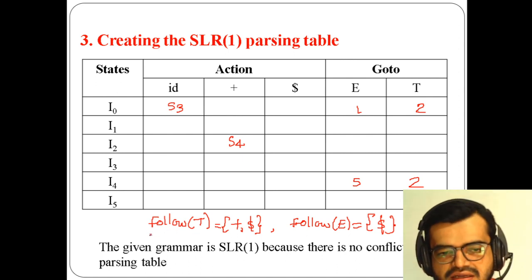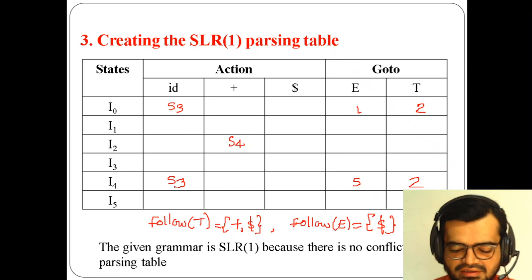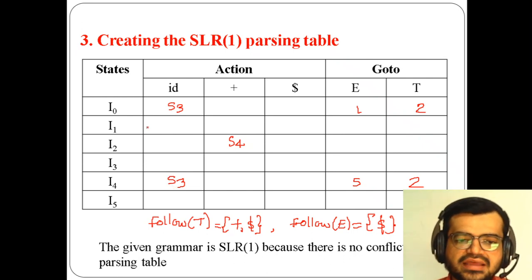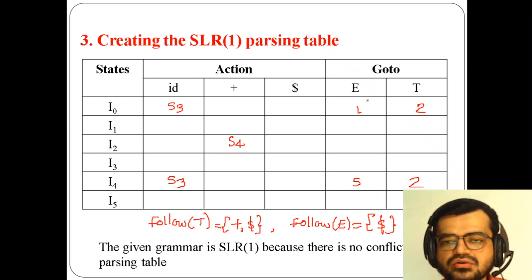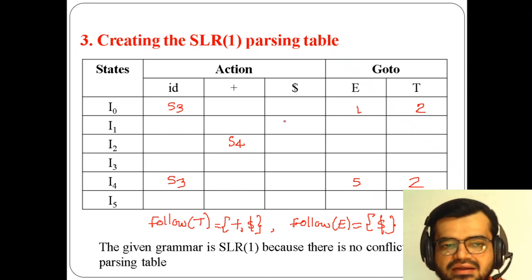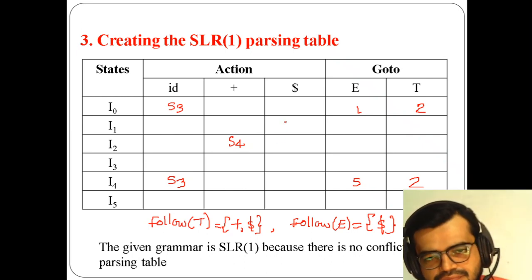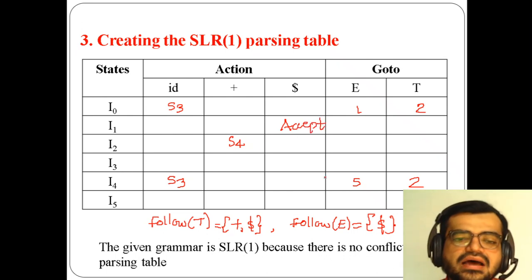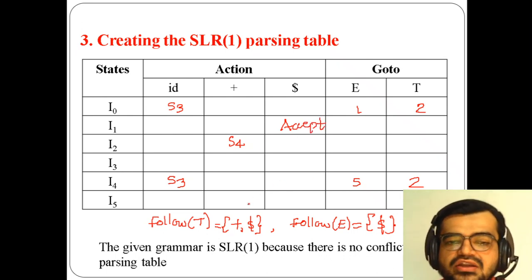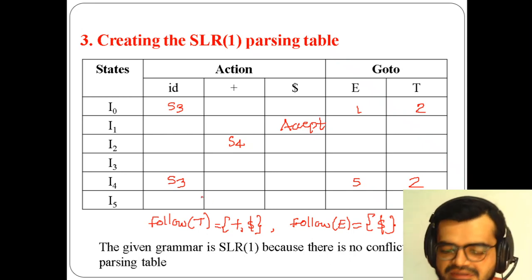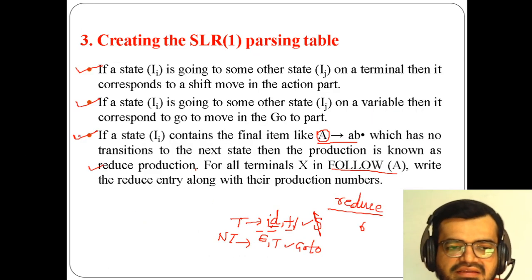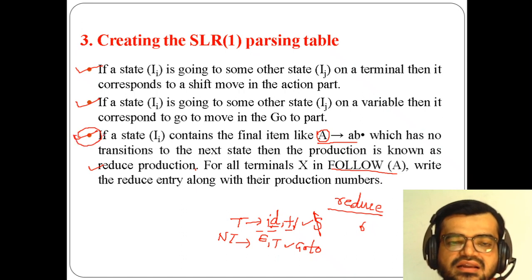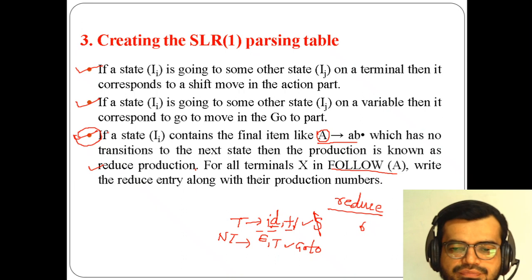Okay, so here I'm writing for S3. The shift operation S3, S4 and the goto operation are the same, and accept will also be the same, so I'm just writing accept also. But now the reduce will not be the same. The changes will be in the third step. That's why I said this third step is the only state where the changes are there when you compare with LR(0) and SLR(1).